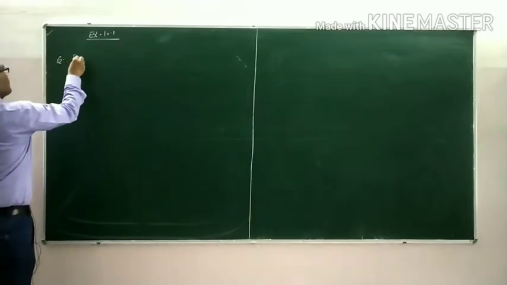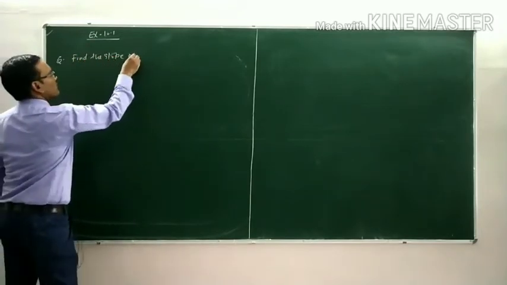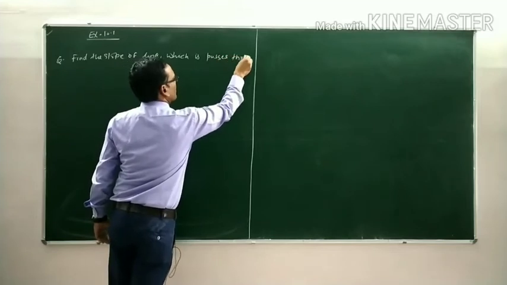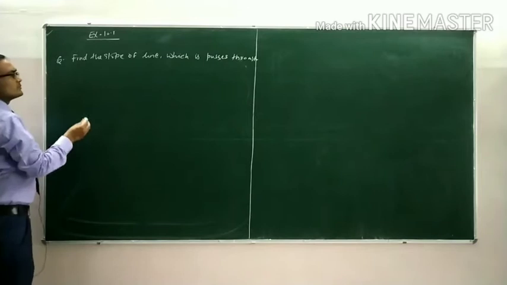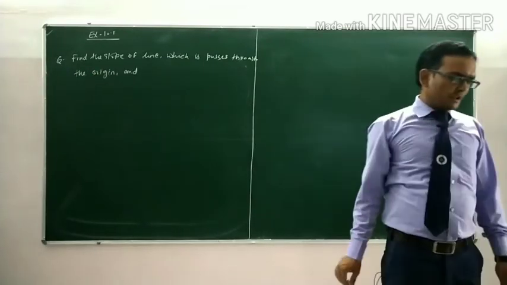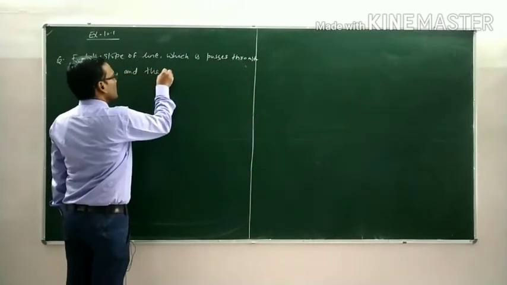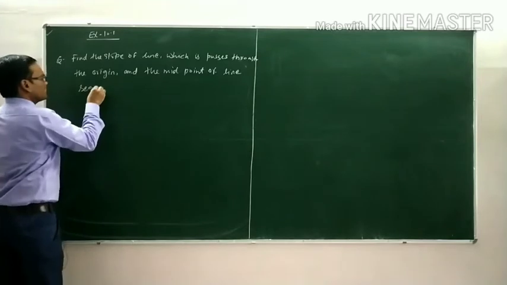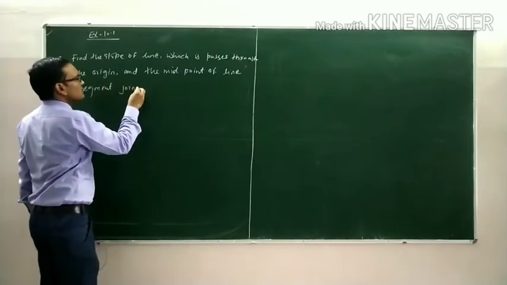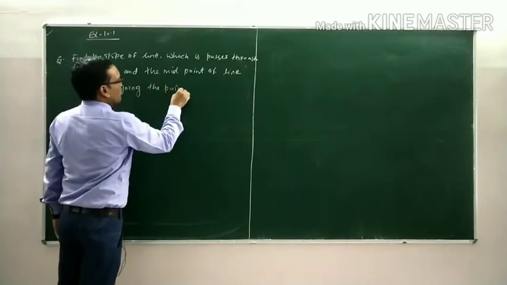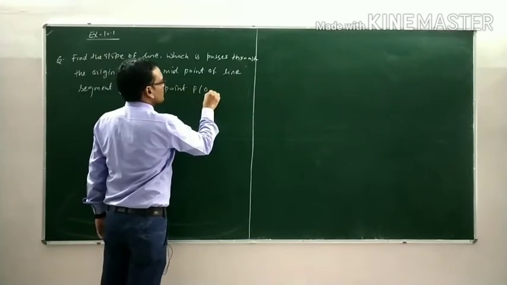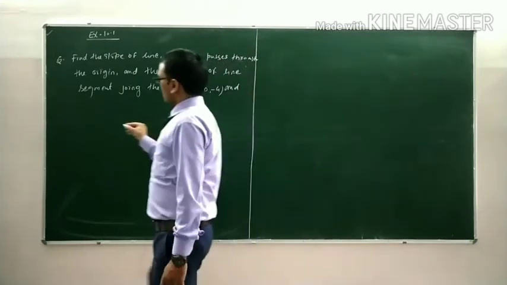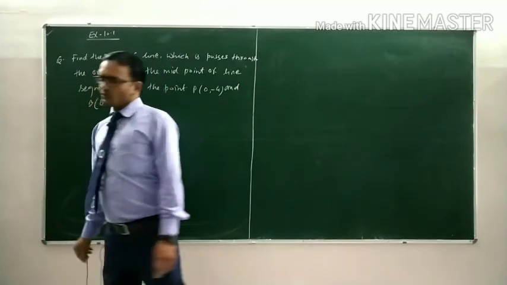Question number 5. Find the slope of the line which passes through the origin and the midpoint of the line segment joining the points P (0, -4) and B (8, 0). Okay students,